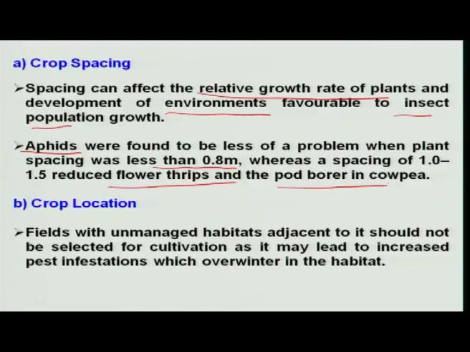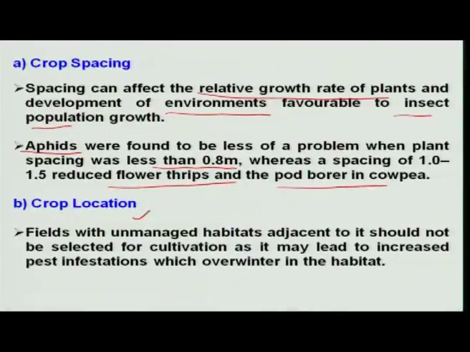Similarly, the flower thrips and the pod borer in case of cowpea, the increased spacing of 1 to 1.5 reduces the incidence. One thing is very clear, it is not a thumb rule that always reduced planting increases the incidence or increased planting reduces the population. It varies from species to species. Then crop location, another important eco-friendly method: if the crop is sown near unmanaged habitats, a lot of population migrate from the unmanaged habitats to the main crop,